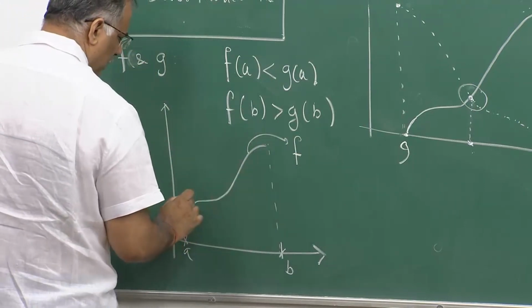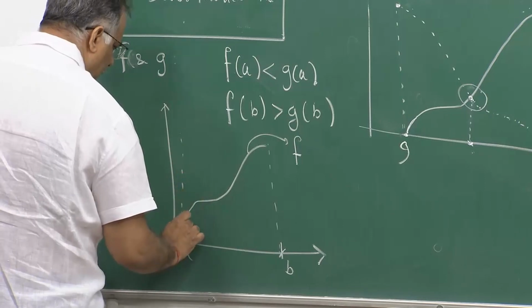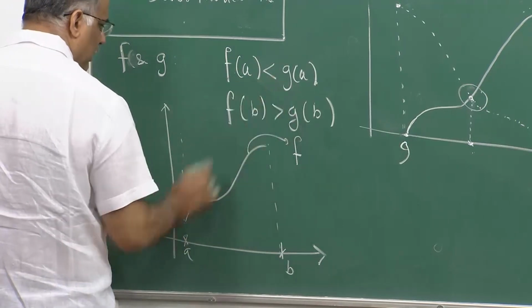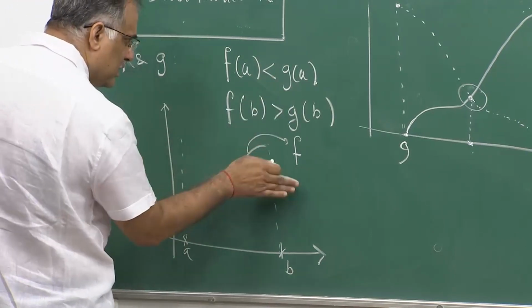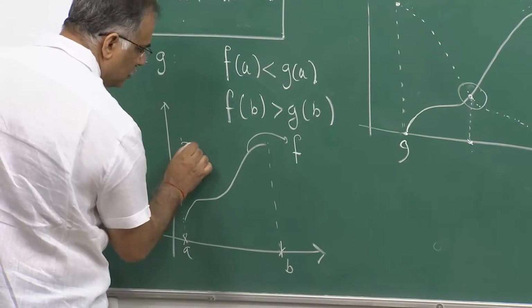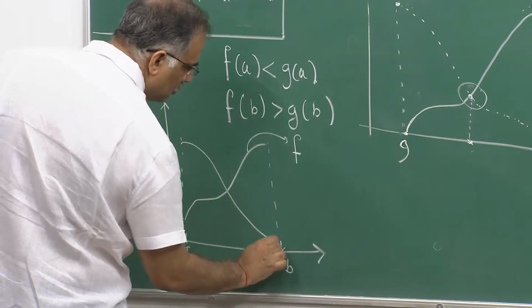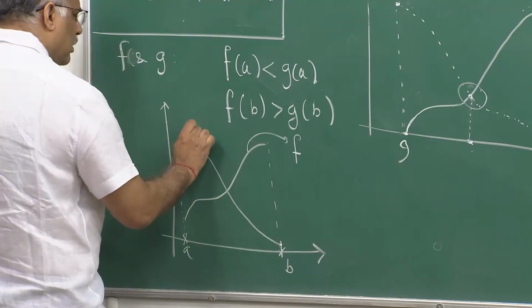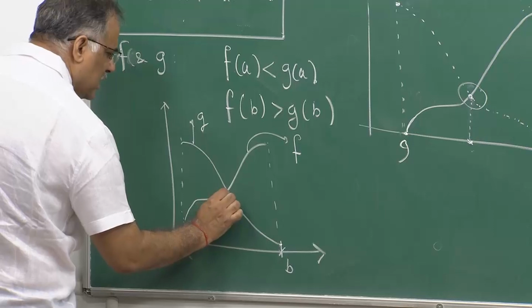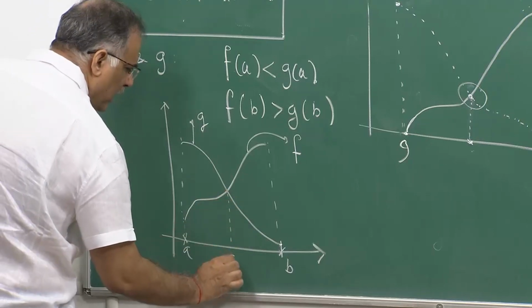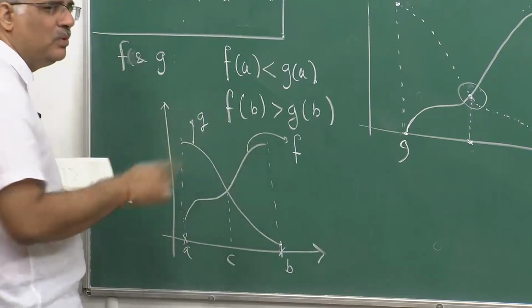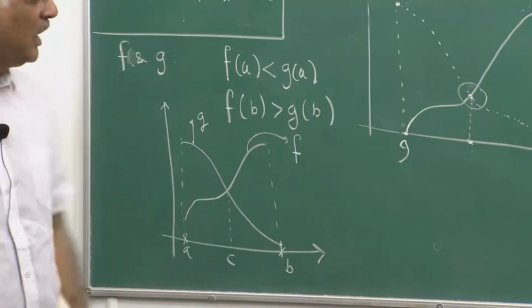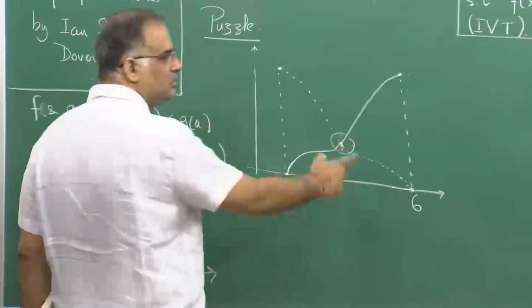And in case of g, you know that g of a must be strictly bigger than f of a, but g of b must be strictly lesser than f of b. So, this is my g. So, there exists a point c between a and b where f x must be equal to g x, and that is exactly this puzzle,